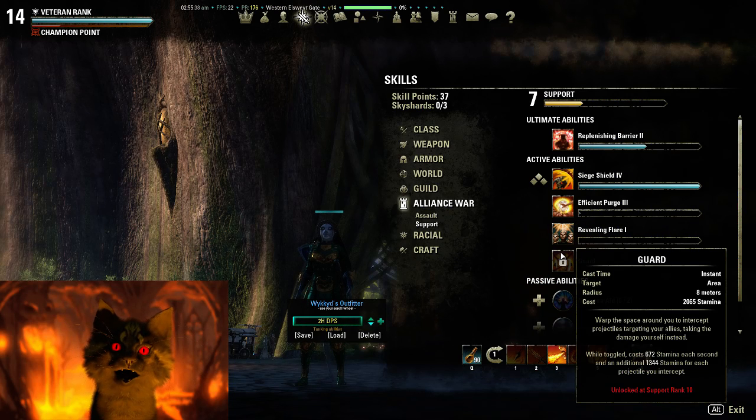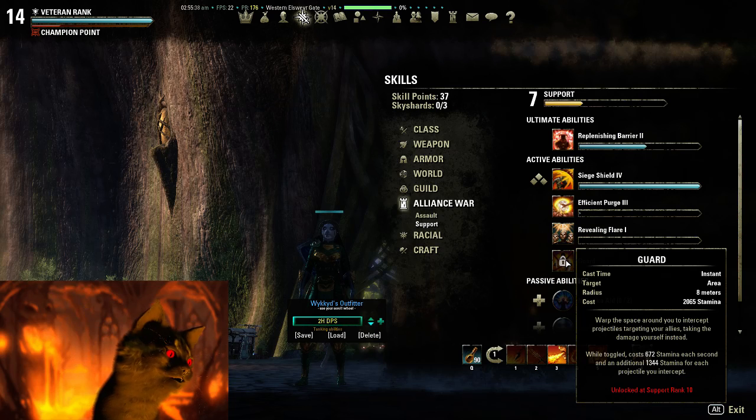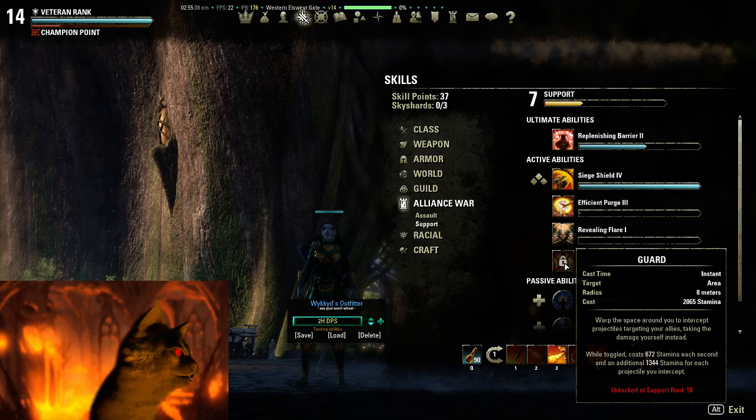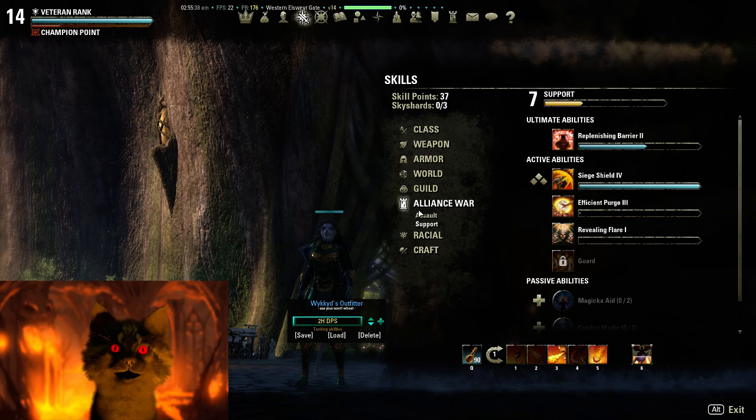Now, a few items I did not cover is Guard. Warp space around you, toggles, warp space around you, intercept projectiles. This seems kind of awesome for anyone who's trying to do a reflection build or a porcupine build, where basically you take in some of those. However, it has a cost that's kind of crap in my opinion, because when it's toggled, you have 672 damage taken each second, as well as an additional 1,344 stamina for each projectile you intercept. And that's kind of crap to me, but